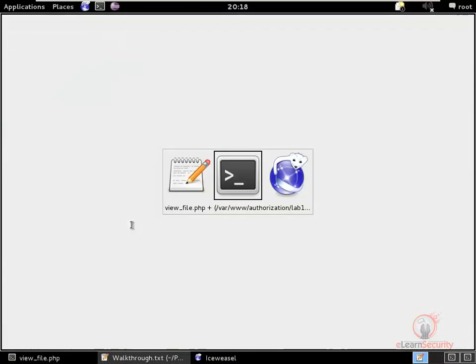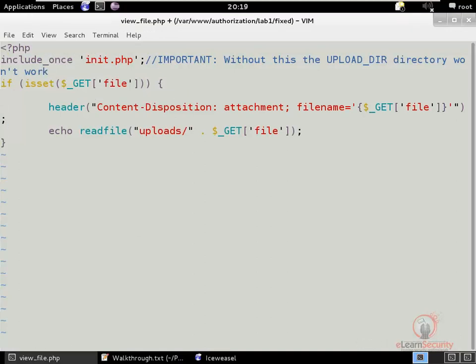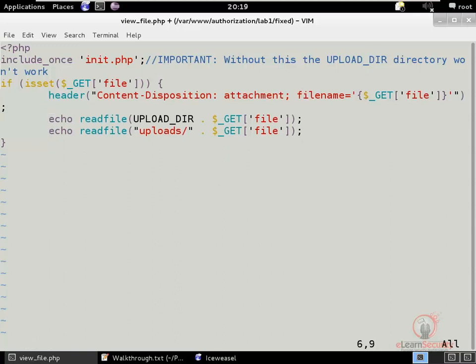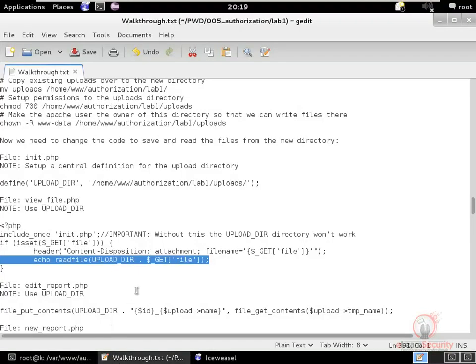And then we can add this line. So this was the old line with a hard-coded path, and now we are using the path for the upload directory indicated and defined only once in this central file. So now we can delete that,